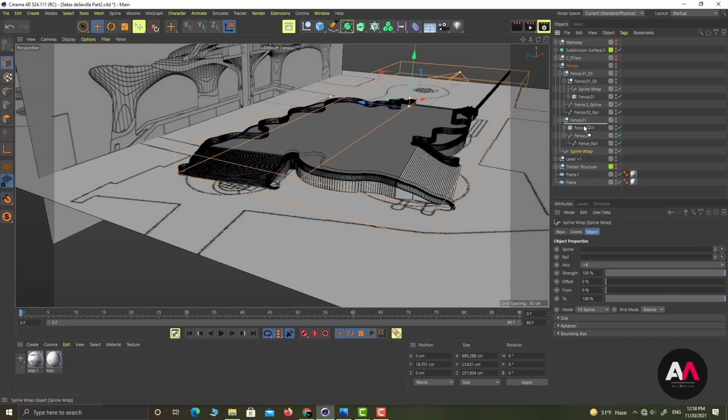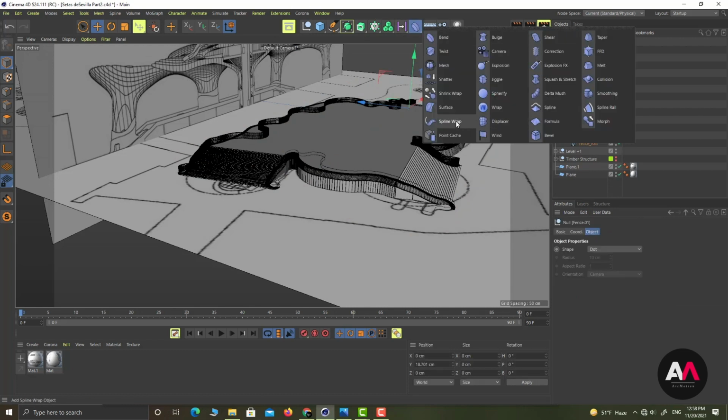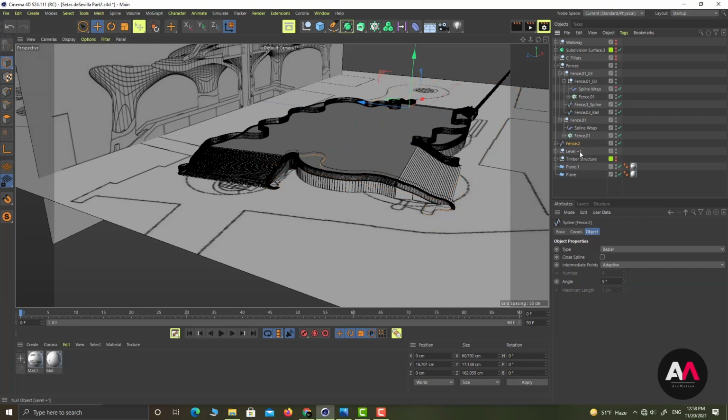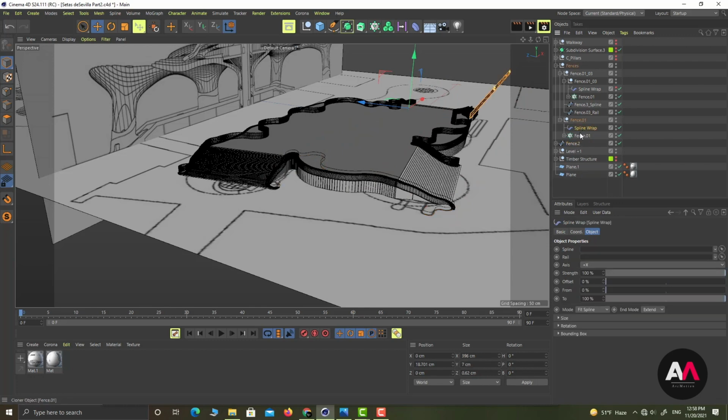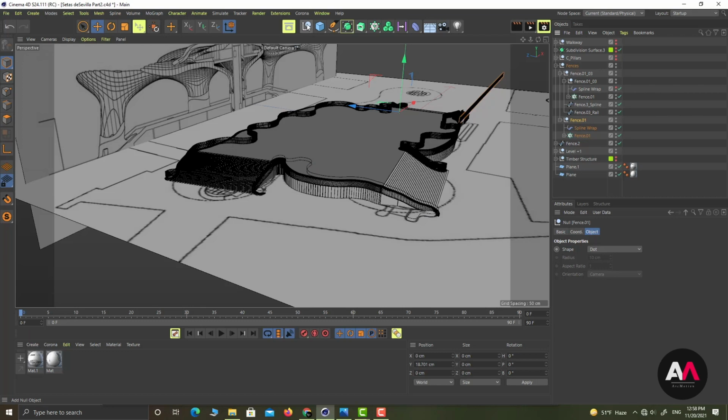I put it as a... wrong again. By selecting fence and the shift key, I'm going to add a spline wrap here. And be sure that before that you take this one out. Okay. And now I'm going to create another null, fence 01, because I want to have these